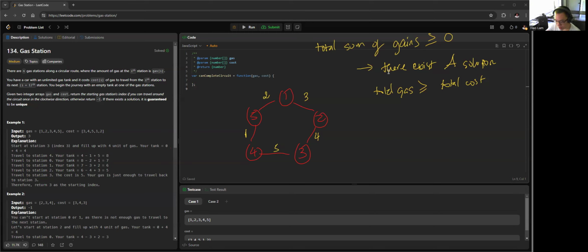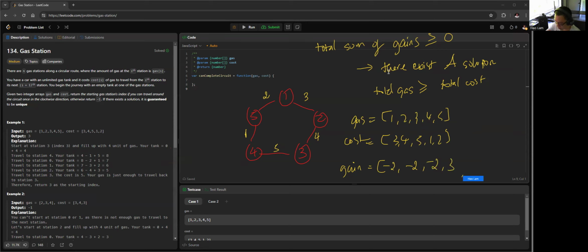So let's look at the gain, right? We have our gas as 1, 2, 3, 4, 5. Our cost is 3, 4, 5, 1, 2. What is the gain? Our gain is negative 2, which is 1 minus 3, then 3 minus 5, 4 minus 1, 5 minus 2, which is 3. So if we look at the gain array here,